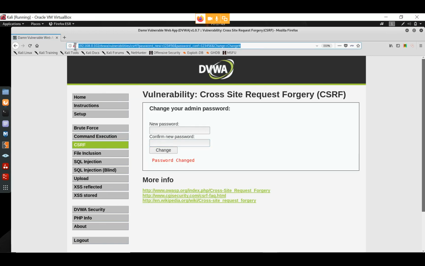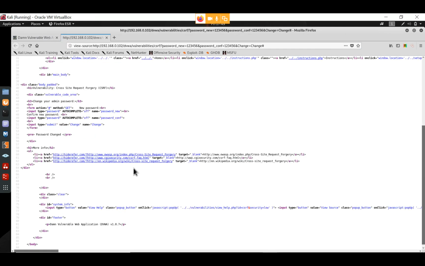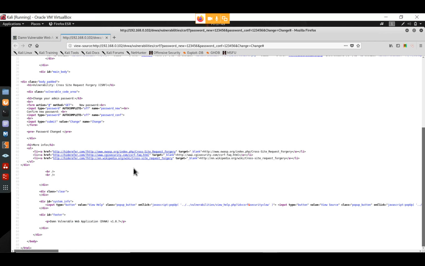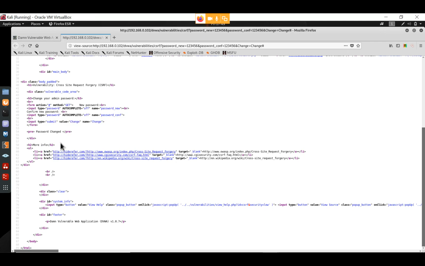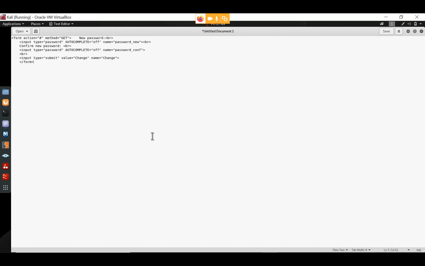What I'm going to do, I'm going to press Ctrl+U to view the source, I'm going to see the form. So where is the form? So here is the form. I'm gonna copy this form. I'm gonna open Notepad. I'm gonna paste this, and on this action where there is a hash,